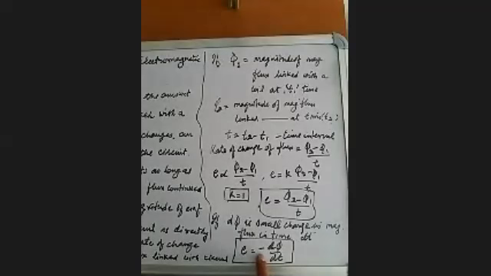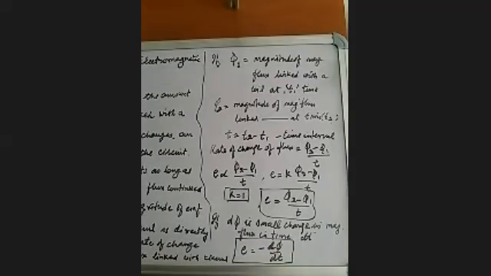In the meantime, let me tell you that the induced EMF always opposes the change in the magnetic flux linked with the coil or the circuit. So this is given by Lenz's law, which we are going to discuss in the next topic. Now E is equal to minus d phi by dt if there is a single turn coil.